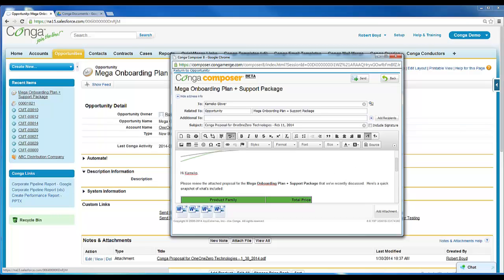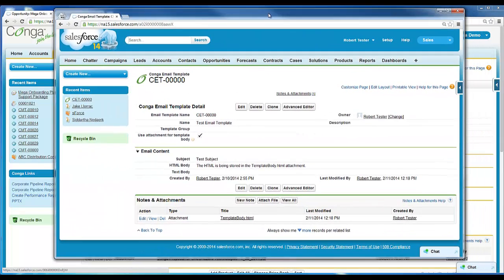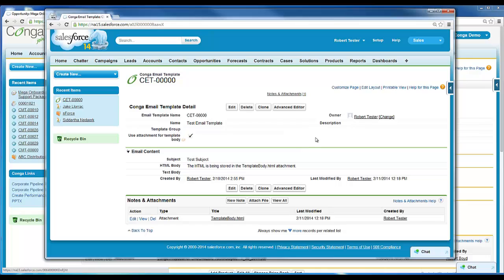And in general, those enhancements are geared to give you an unprecedented level of flexibility when it comes to formatting the content of your HTML emails. So what I'm dragging over here is a Conga email template record. And for those of you who have worked with Conga email template records before, this should look pretty familiar. But like I said, there are a couple main enhancements to email template creation in Composer 8 that I want